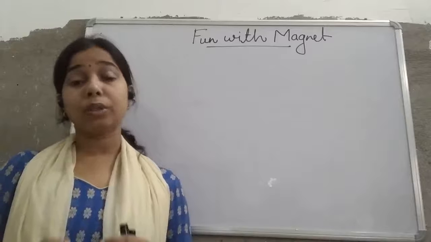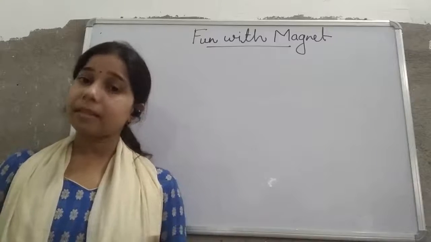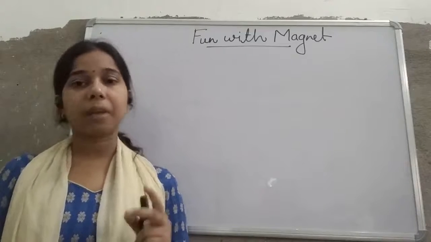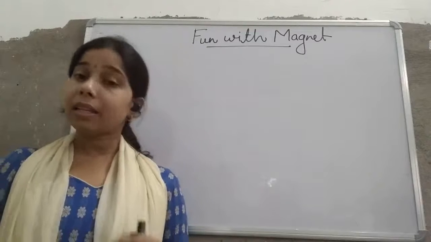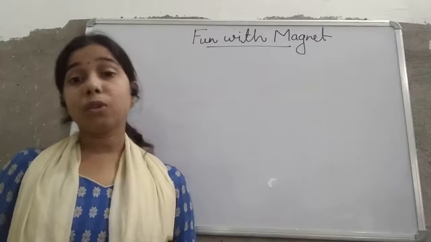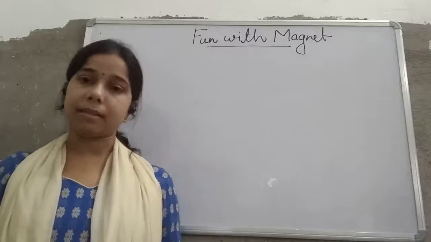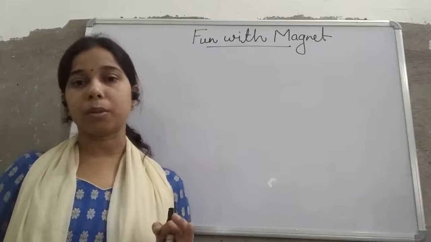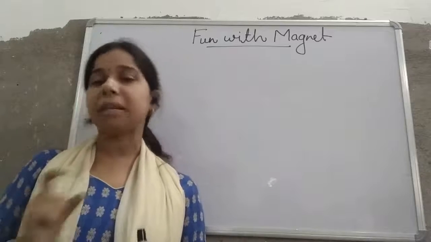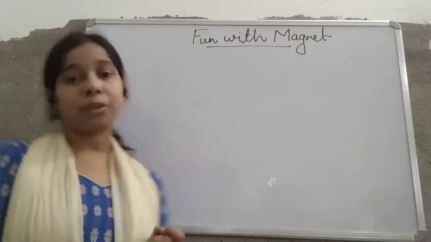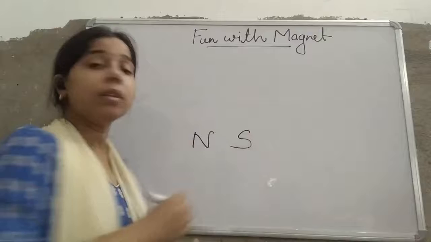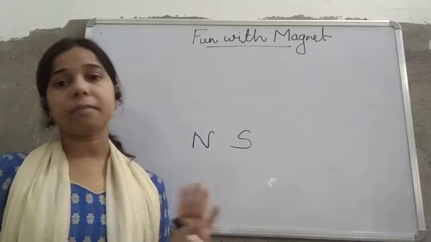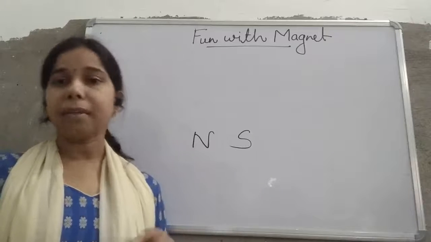North Pole and South Pole are opposite poles because they are present at opposite free ends. We represent North Pole by N and South Pole by S. These two poles are always present even if you break the magnet into small pieces. If you take a big magnet and break it into smaller and smaller pieces, each piece will always have a North and a South Pole. It doesn't matter what the size of the magnet is.